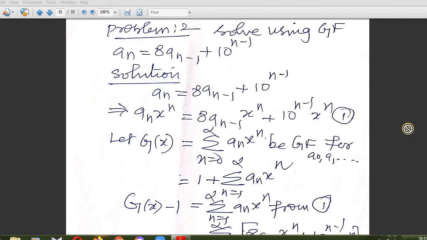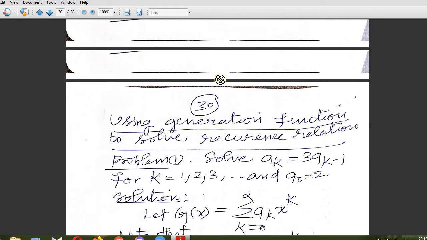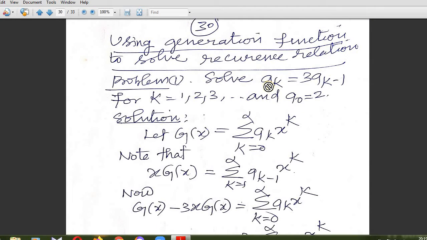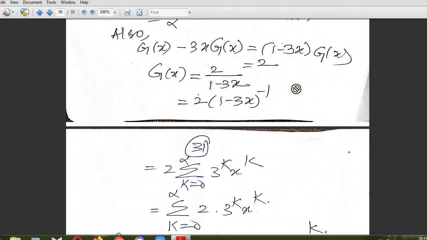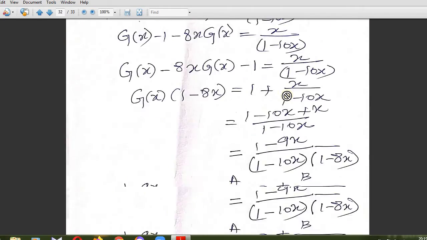Welcome students. In this class we are going to solve a recurrence relation a_n equals 8a_(n-1) plus 10 to the power n-1 by using generating function. In the previous case we solved the problem which is linear homogeneous in nature, but this problem